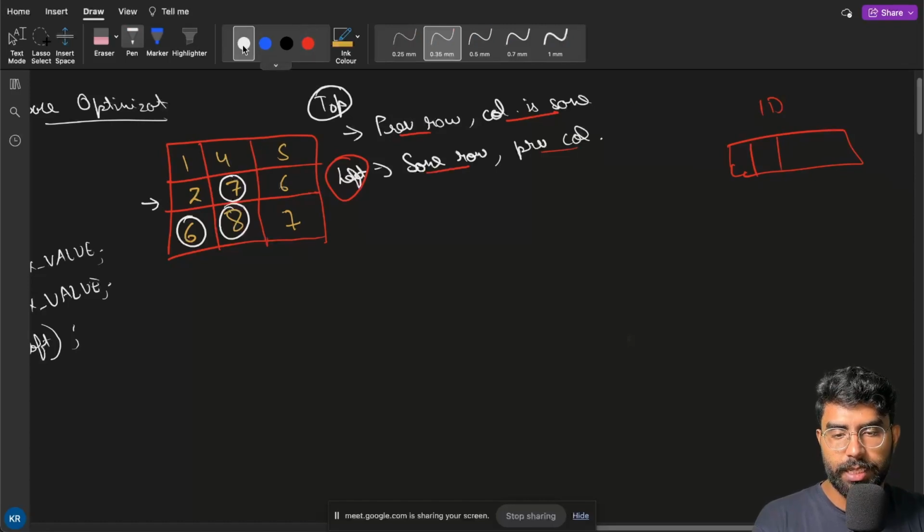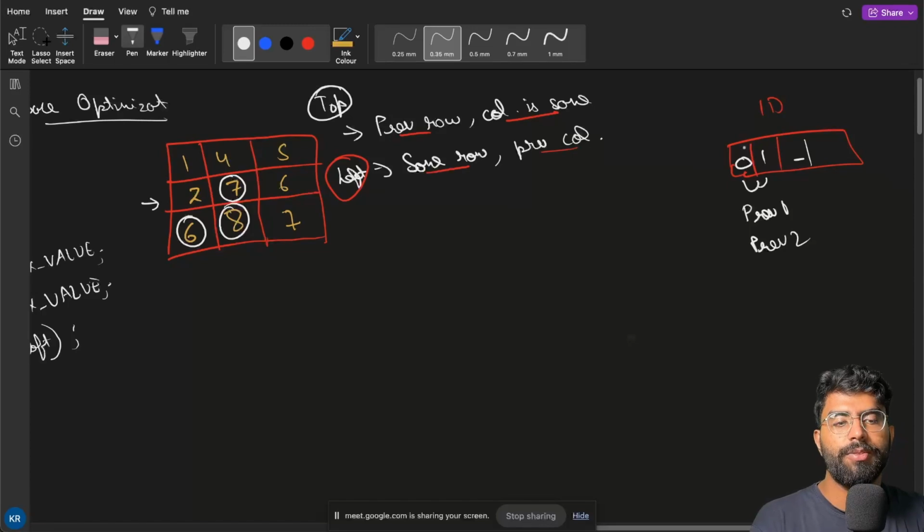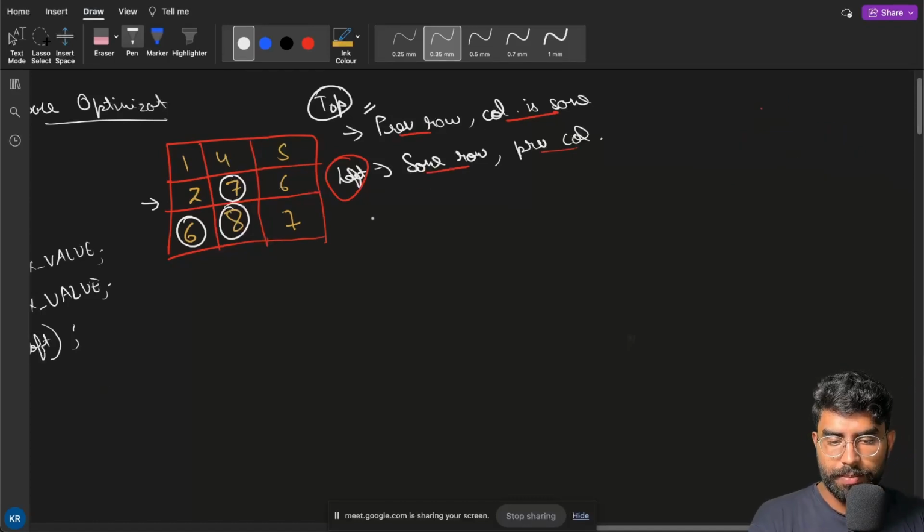In the Fibonacci series, let's say we are having 0 1. For the next value, what we are checking, the previous two elements, right? Not the whole array. Here also we will be checking the previous row and the same row, previous row and previous column. Understood? So here we were using previous one and previous two instead of whole array, right? Here we will be using the previous row. So I will say, instead of using this 2D array,